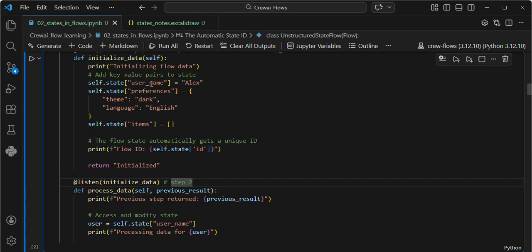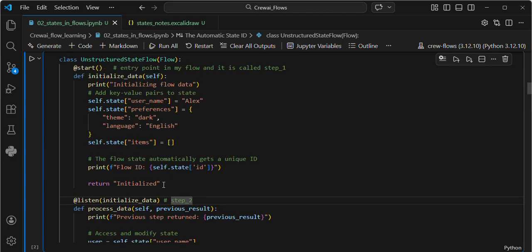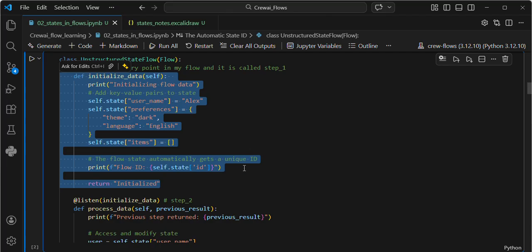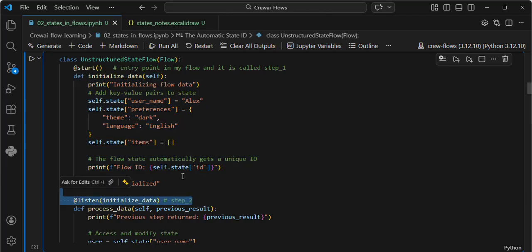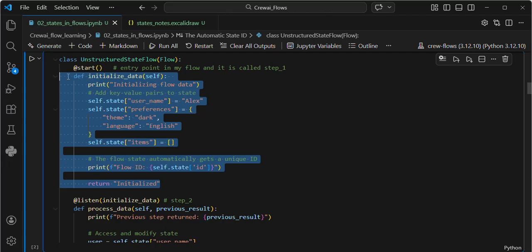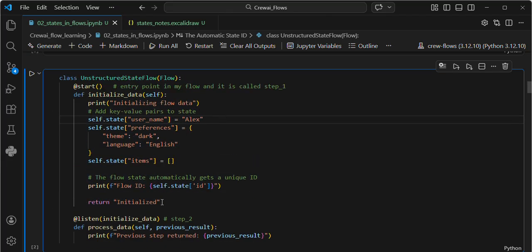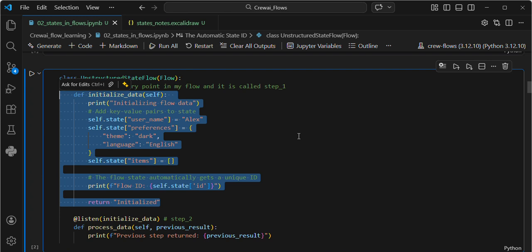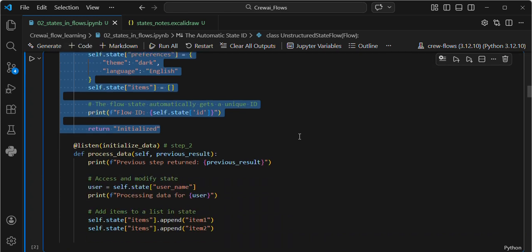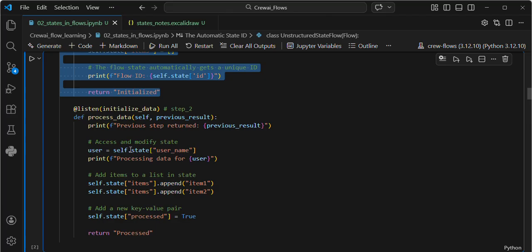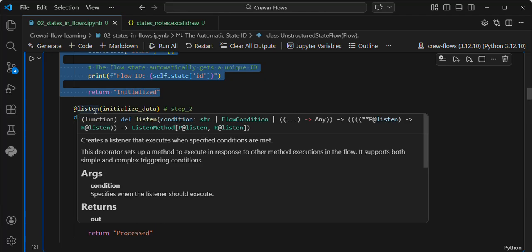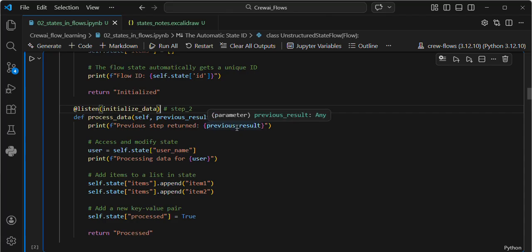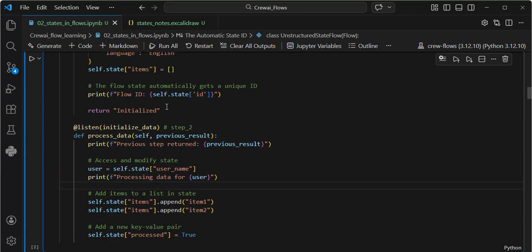In the initialize method, the second step will be waiting for step 1 to finish. Once step 1 finishes its execution, step 2 is automatically triggered using this listen.